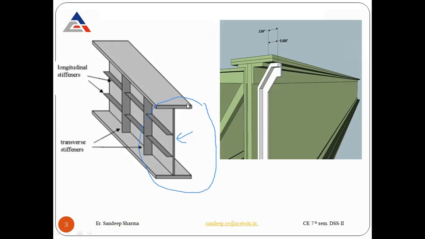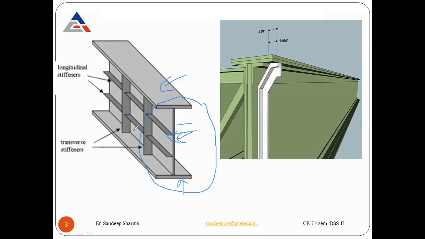This is the flange portion. This is the web portion. This is again the flange, and this whole section will be made up. Along this web section, at the center of the plate girder, these are the stiffeners we provide. We have two kinds of stiffeners there: the longitudinal stiffener and the transverse stiffener.